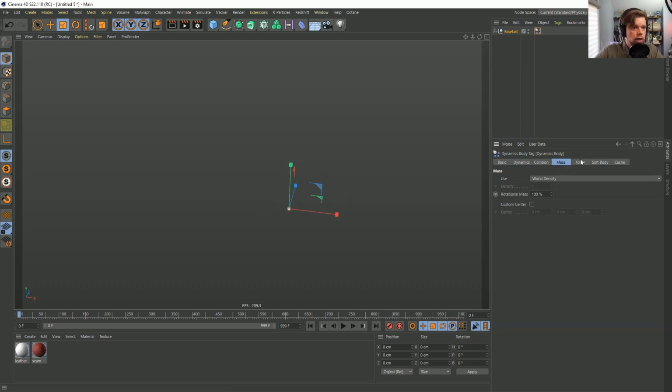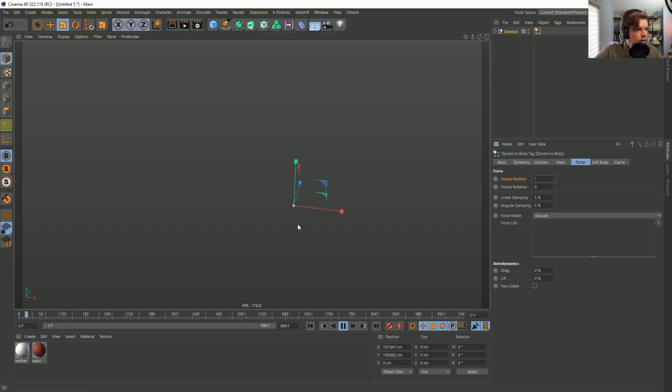Now, as you mentioned, you can use the good old... under force, we can use the follow position. Now, that's in contradiction to what we just did right now. So if I give it a really strong follow position, even though we said to be flung, you see it's actually not going to move that much. If I put it way down to like 1, I think it'll get flung a little bit, but now you see it's trying to kind of hover around the original area where it was created